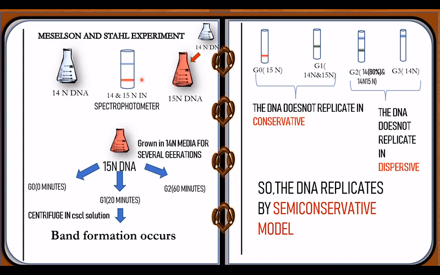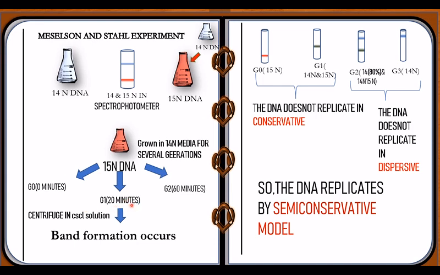And next, now we can take the 15N DNA containing media. Then this E. coli culture is grown several times. They subcultured in 14N ammonium chloride containing media. The replication process is very easy in E. coli because it replicates every 20 minutes. So the experiment is very easy.